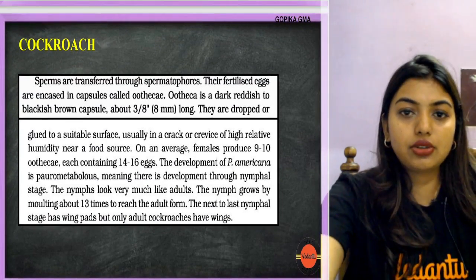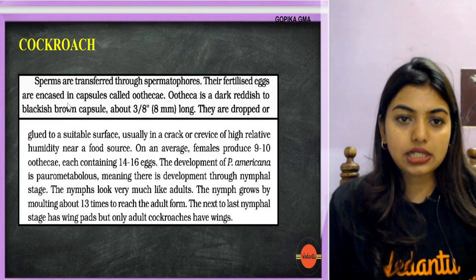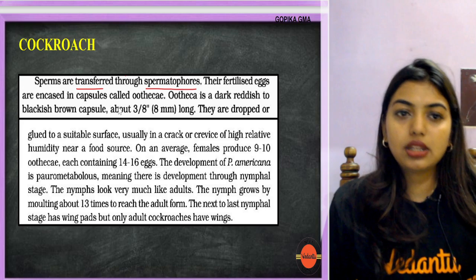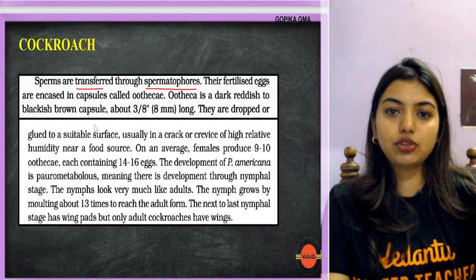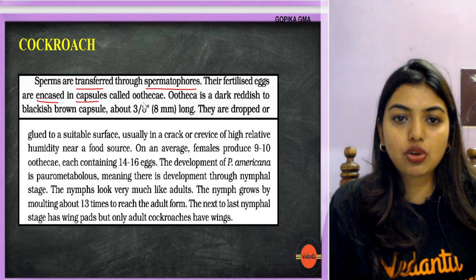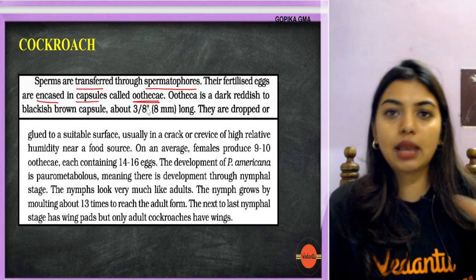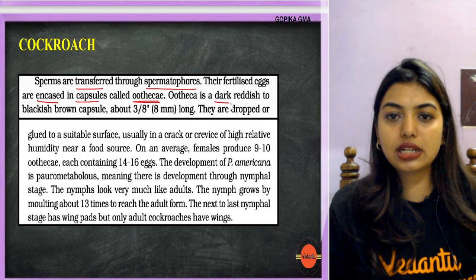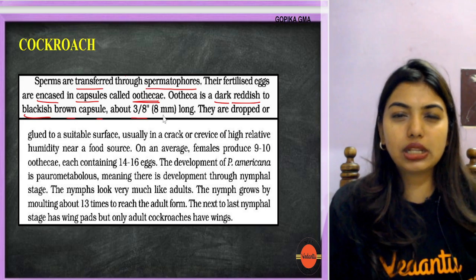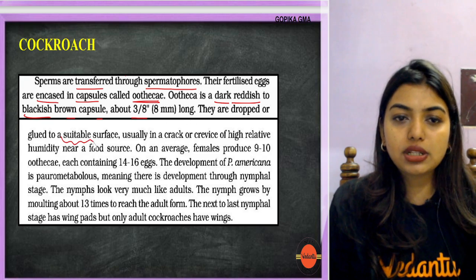Now look here. Here they'll tell you the rest of the story. Sperms are transferred through the spermatophores. Their fertilized eggs are encased in capsules called ootheca. Got it? I told you, the fertilized egg will be in a capsule called ootheca. Ootheca is a dark reddish to blackish brown capsule about 8 mm long. They are dropped or glued to a suitable surface,